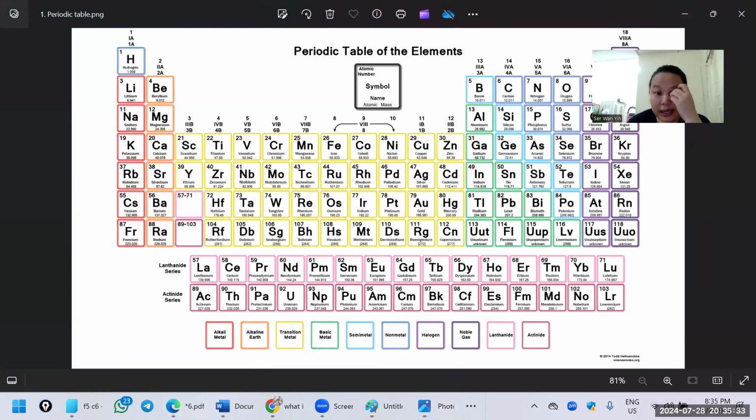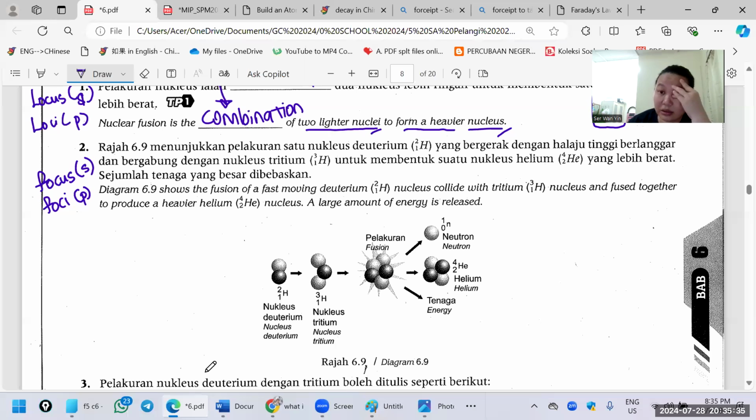But we also have isotopes, different neutron numbers. So this is 2, 1, called deuterium. If you don't remember the name, never mind, you just remember this. This one has 3, called tritium. So 2 and 3 will combine, fusion, to become